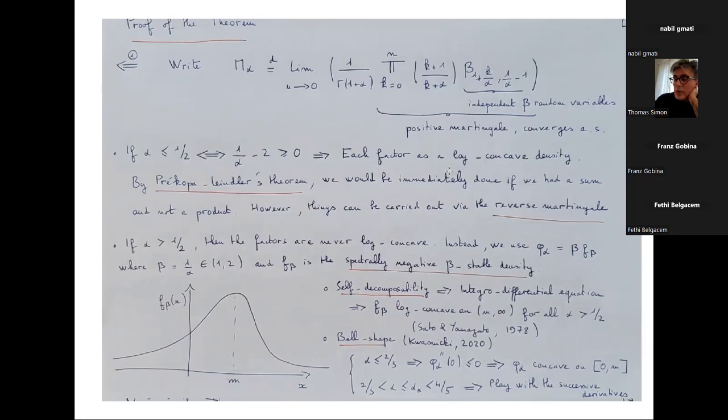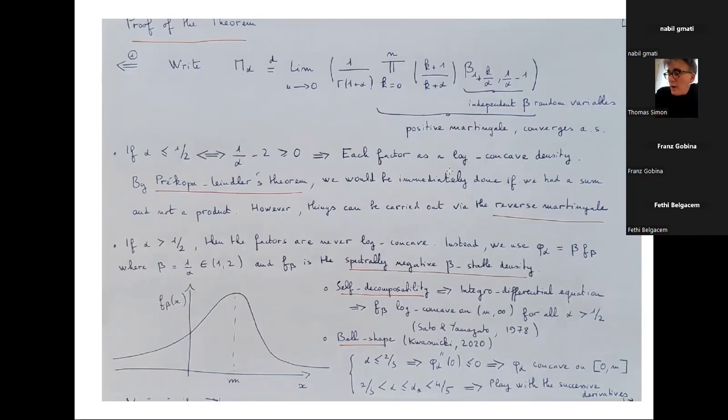As happens quite often, the solution is not very difficult, but it took me some time to find it: to take the reverse martingale. If you take the reverse martingales, the computations are smooth. And you can use the Prékopa-Leindler theorem again and again and find what I was looking for, which means that in this case the product acts in a certain way as a sum. And so you use the fact that all factors have a log concave density and you get what you want.